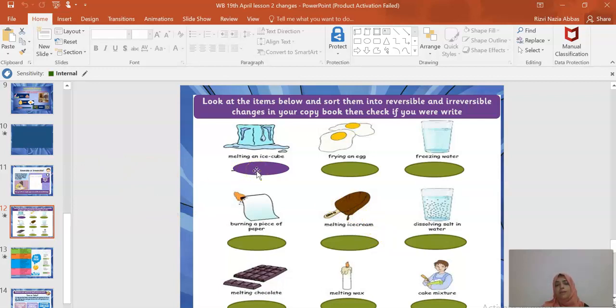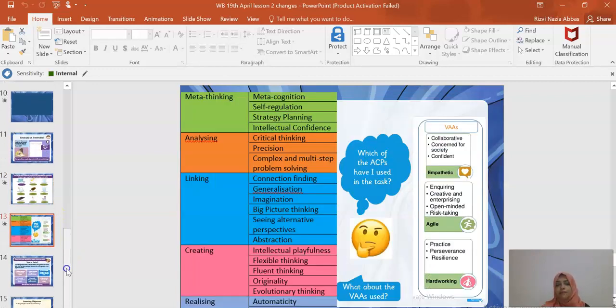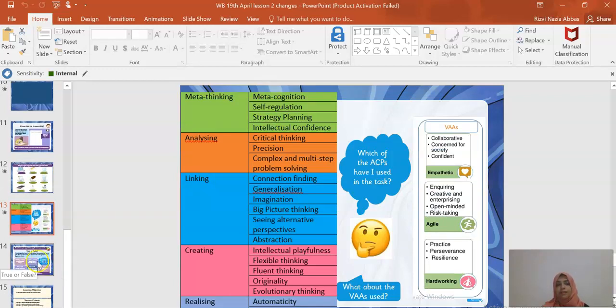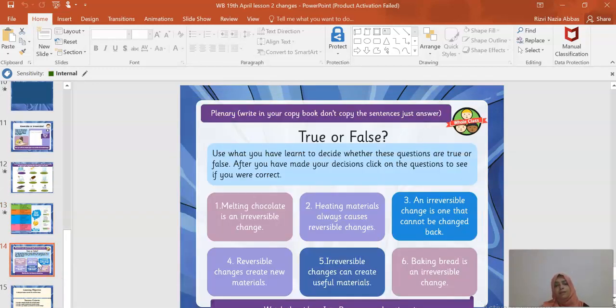If you play the slideshow, the answers are also here, but I want you to do it first and then check if you are right, and then write what ACPs and VAs we have used in this lesson. Then your plenary. This also has to be done in your copybook, but I don't want you to copy the sentences.